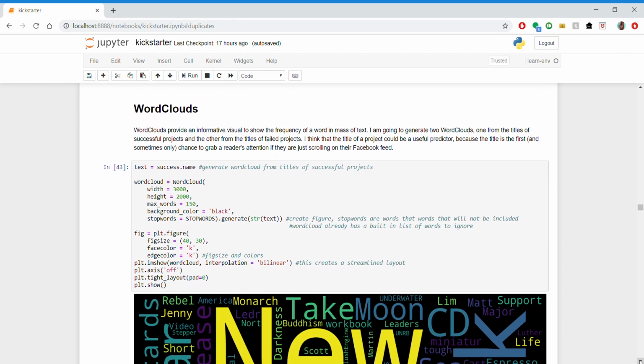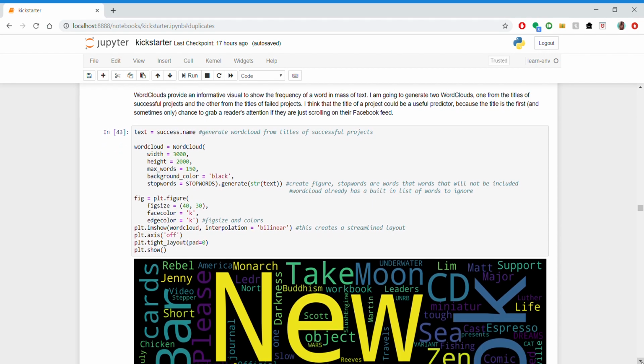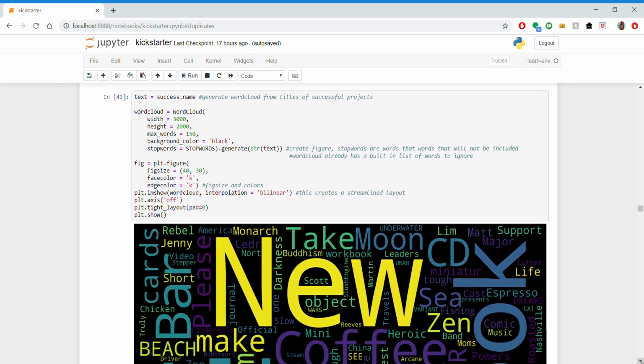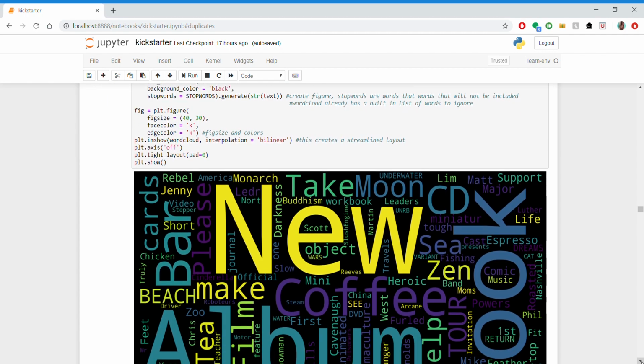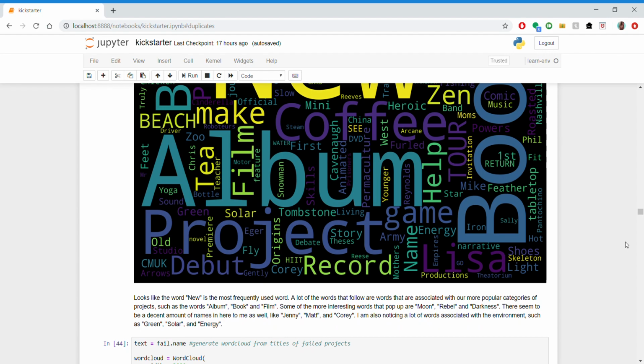Then I also made a couple word clouds. I thought this was pretty interesting. So I made word clouds of what words came up the most in the titles of successful campaigns, and I also did that for which words came up the most in the titles of failed campaigns. As you can see,